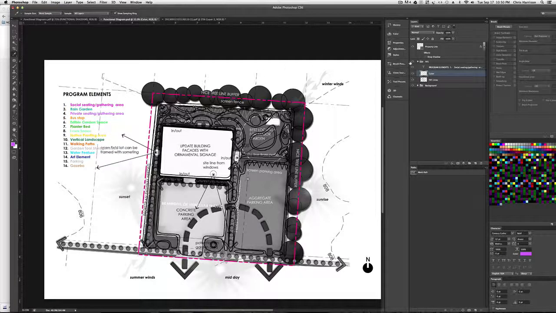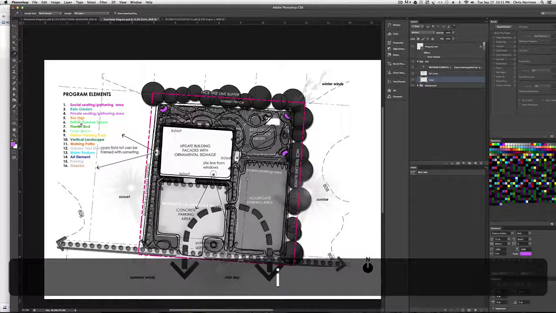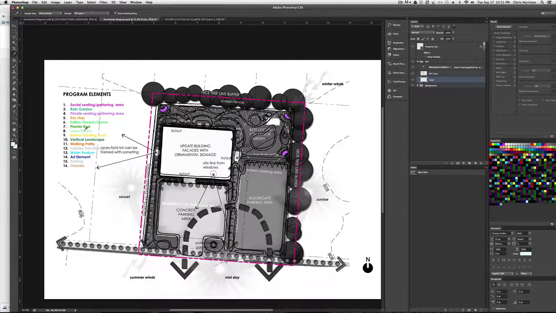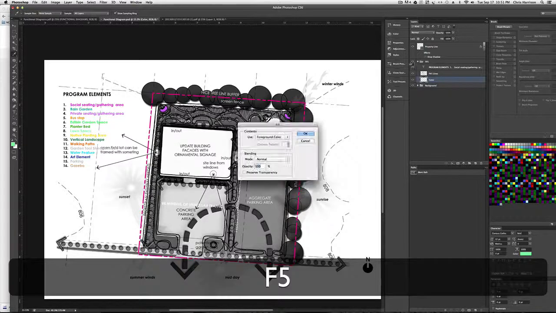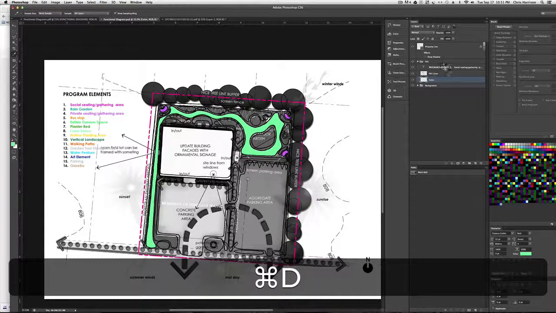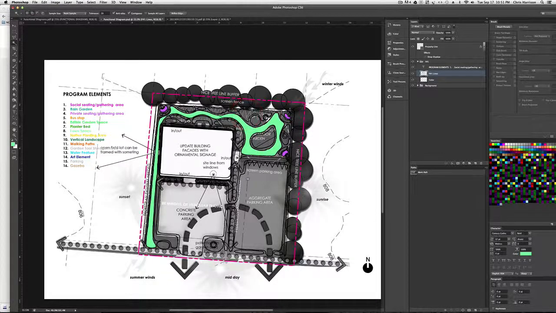I'm in my color. I'm just going to Control Shift F5. There. I'm going to pull the color below the lines too, so we can see all our work. I know that's going to be the lawn space. So color. Let me go back and grab that lawn color. That green. Make sure you're in your color layer when you do this. Shift F5. I'm going to drop that color in. Go back to lines again. I know this is going to be my